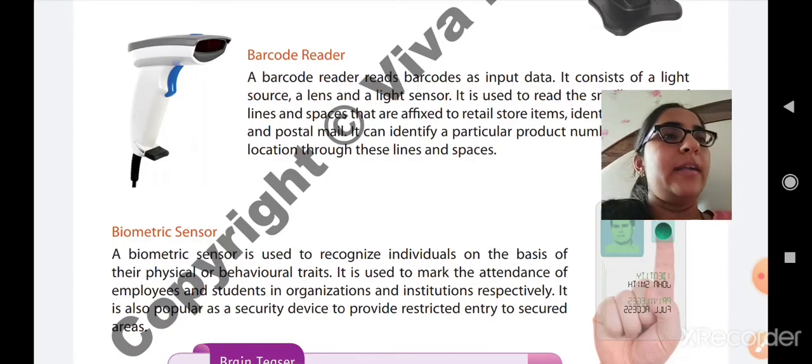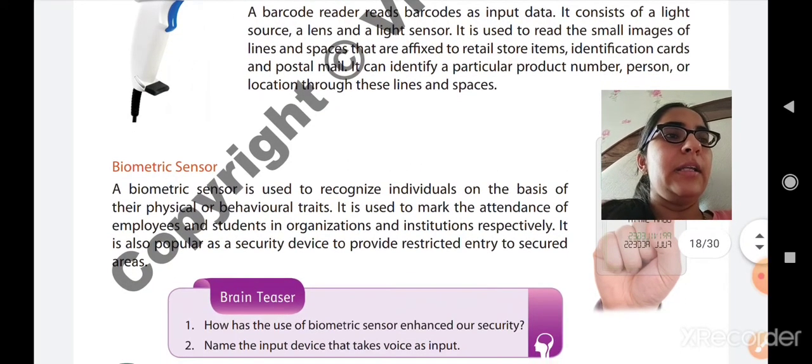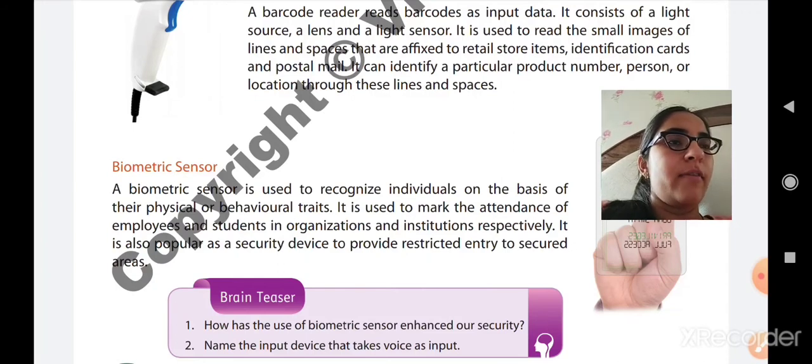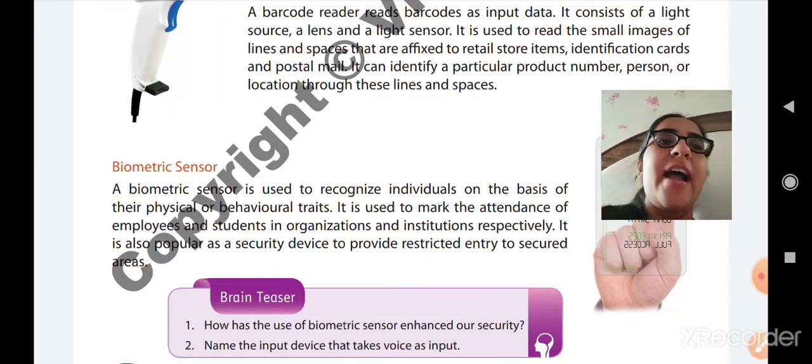So when a new teacher is appointed in the school, then his finger impression or thumb impression is fixed into that device. So whenever a teacher arrives or whenever the teachers leave, he or she has to put his biometrics on that device. Why is it required?